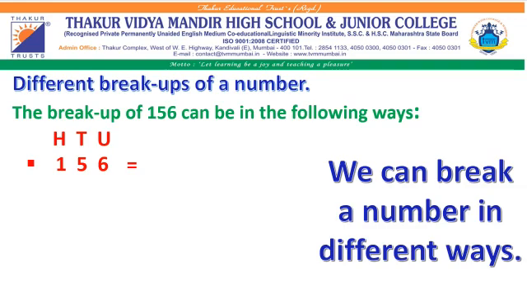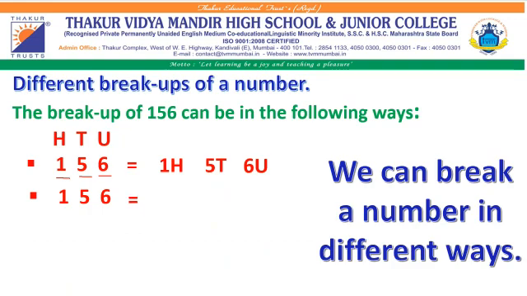So here the trick is, first you will take all these digits as single digit. That is 1, 5 and 6. And with the help of their place value, we are going to write it down. See how? That is 1 hundred, 5 tens and 6 units. The next breakup of the same number.